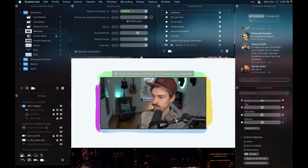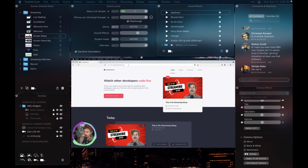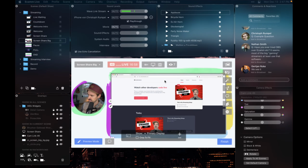And then we're going into sharing maybe some code. I'm showing you something on a website or doing some programming, some kind of screen sharing. And this is what these screens are. I have this one with my little bubble at the bottom, but currently I like to use this one, which I've seen Frake using, which I really like, where you have a bigger window or bubble on the left with me, and then a little smaller part here for sharing and showing you something. And all of these scenes here